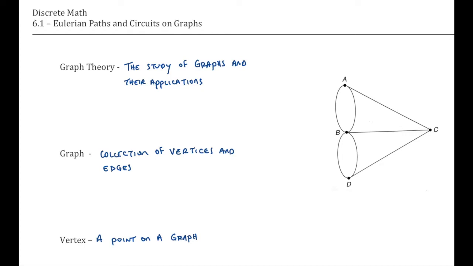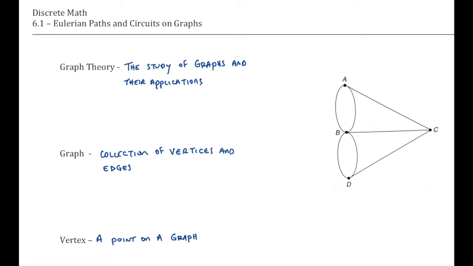Graph theory is the first element in our journey through discrete math, and it's different from past maths. It's not that graph theory is like y equals x squared, a graph of a parabola, or sine of x getting you a sine wave, or any kind of graphing that we've done on the xy plane in past math courses. Graph theory for us in discrete math is all about the study of graphs and their applications. A graph in discrete math is a collection of vertices